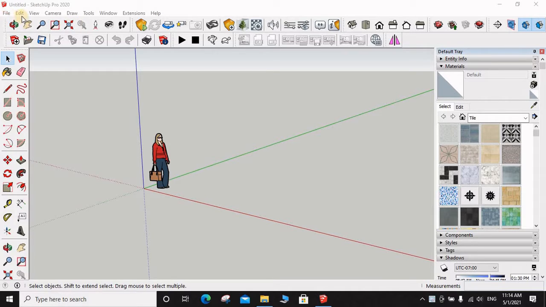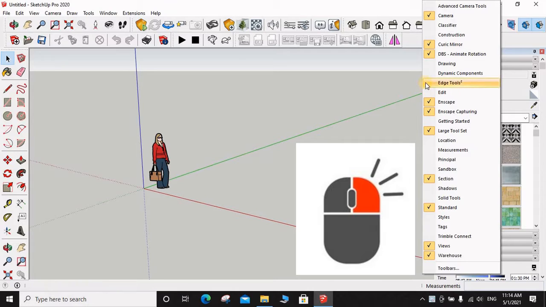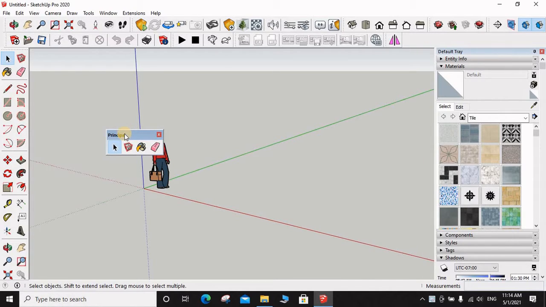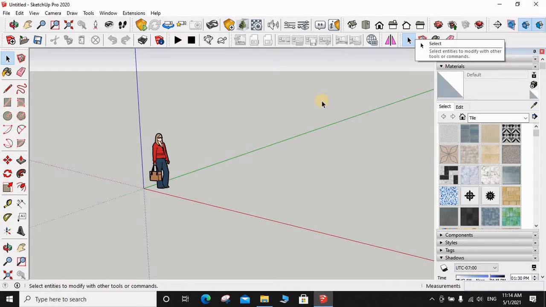Okay, now after entering the units interface, we will see this type of interface where we can see the menu bar here: file, edit, view, camera, draw, tools. This is called the menu bar, and then this is toolbars. This list is called toolbar, where we can control many components while designing. This is also called the large menu toolbar. You can also edit the toolbar by right clicking the mouse button and then customizing the toolbar menu. Let's customize the principal toolbar. Okay, click on principal, then this type of toolbar will occur on the interface. Then you can customize it and place it wherever you want.